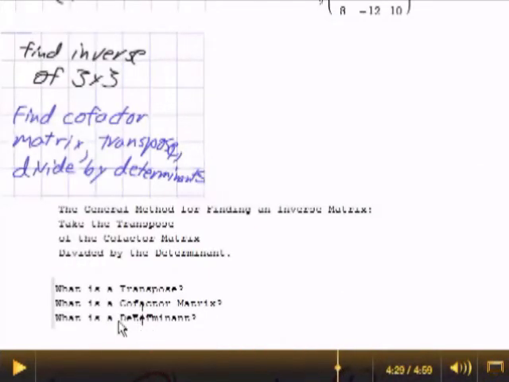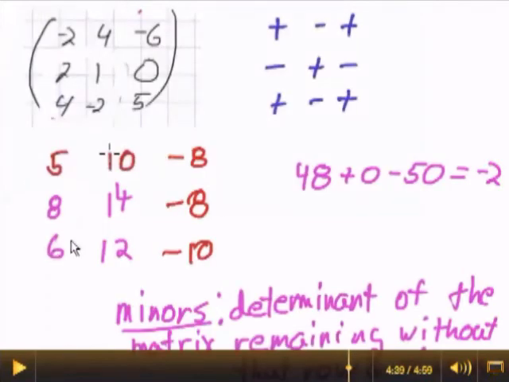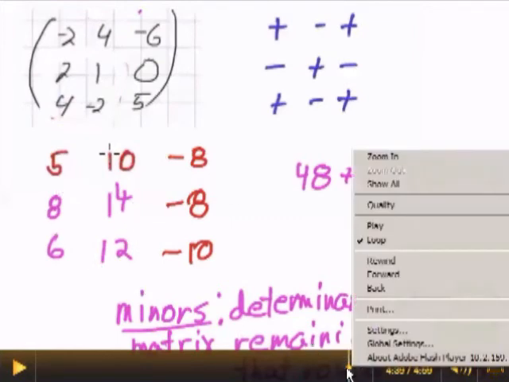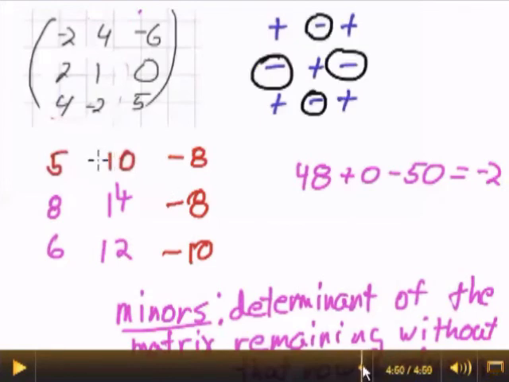Now we've discussed what is a determinant and what is the cofactor matrix. Well, we've discussed what is a determinant. We haven't discussed what is a cofactor matrix or what is a transpose. Turns out that the cofactors can be found easily from the minor matrix simply by taking that sign matrix, all of those negative signs there, and multiplying through,